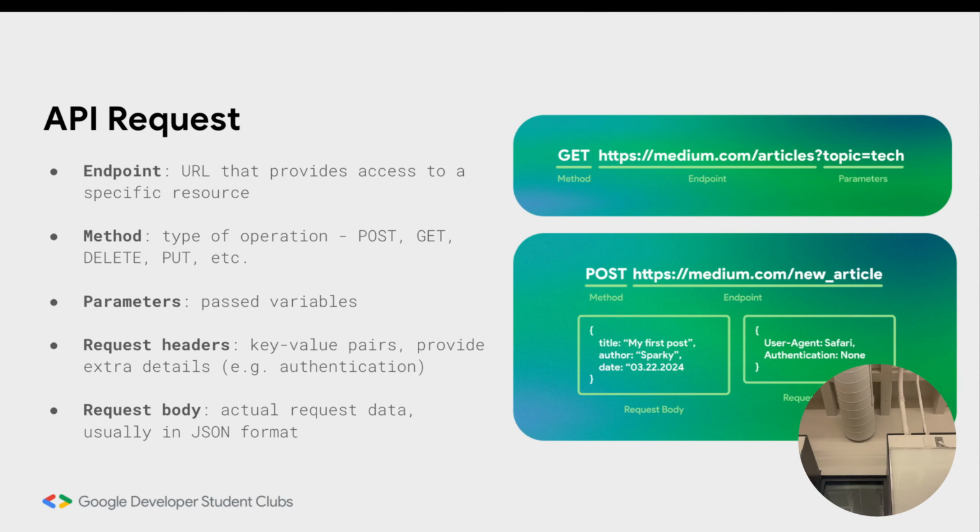And now, even though you could have put all of these parameters, because here we're posting, right? We're posting a new article to Medium. So here you would say title, my first post, author, Sparky, date, current date. You can put it all here, right? No problem. It does get a little messy though if you have thousands of lines of JSON code that you want passed. So we use the request body, which is again a part of the request, to pass all